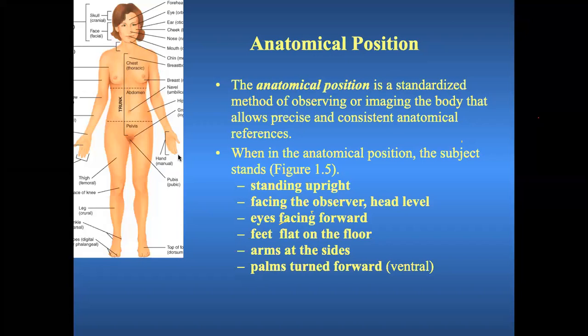So that means the cadaver is lying on the dissection table, so the face should be facing upwards. The ventral aspect of the body, meaning the anterior aspect or the front, should be facing upwards on the table. So that is the anatomical position. Remember, this is the most important point which you have to keep in mind.